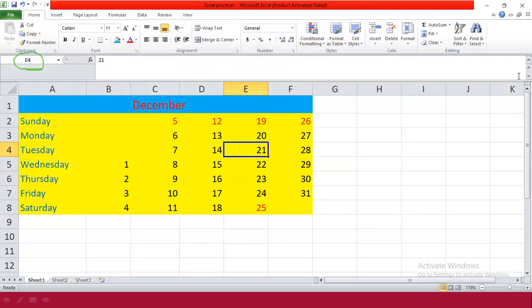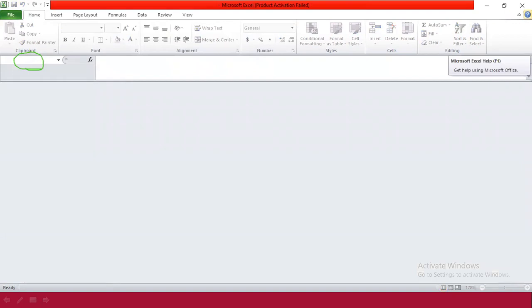Now I want to close this workbook. How can we close it? Below the close button of the Excel window, there is a workbook close button also. Click on that, and the workbook will close. Now our workbook is closed. I want to reuse it again. So how can I reuse it again? What to do? How to do?